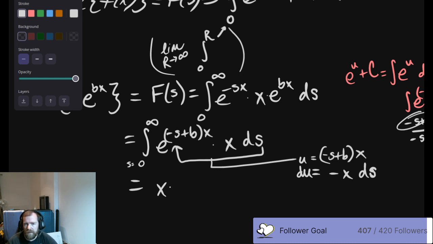Okay. So we end up getting the e to the negative s plus b parentheses x because, again, nothing actually changes here in the exponent for the exponential function itself. But then we do have a constant multiple. And in this particular case, actually, that was even silly because we have the x we need right there.